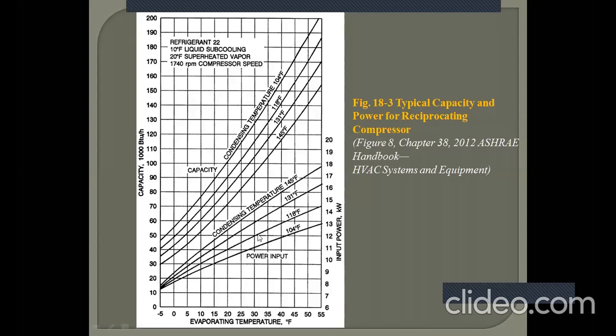If your evaporator is operating at 0 degrees Celsius, then for the capacity you can observe that this condensing temperature 104 is approximately 40, then 50, 60, that kind of increase is shown. So for 0 degrees Celsius the capacity is highest. Okay, so low temperature and highest capacity, but power is also shown here. So capacity is more and power input is less.